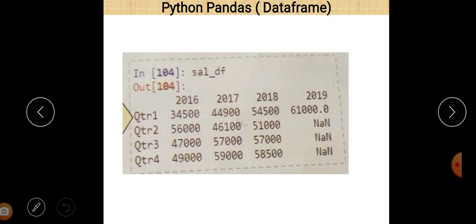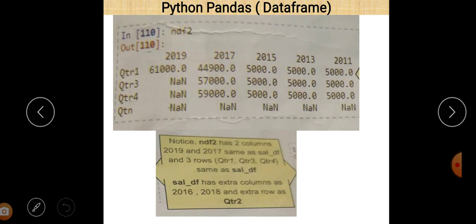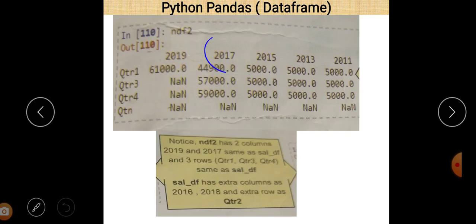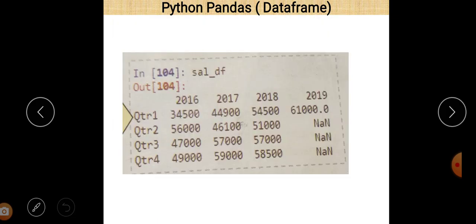You can easily see that 2017 and 2019 are part of the NDF data frame, while 2016 and 18 are not part of NDF.